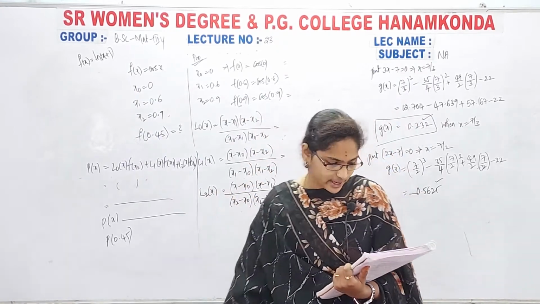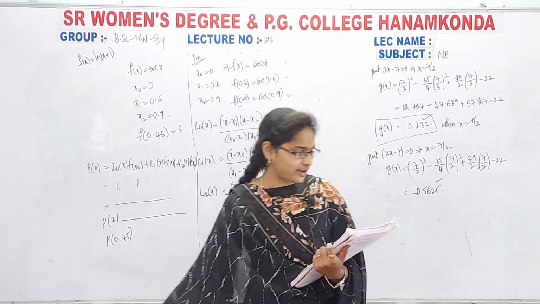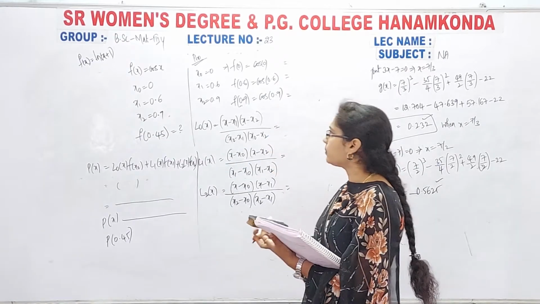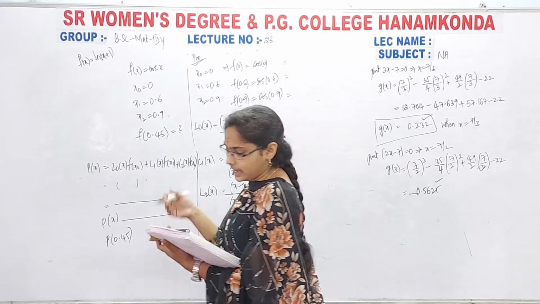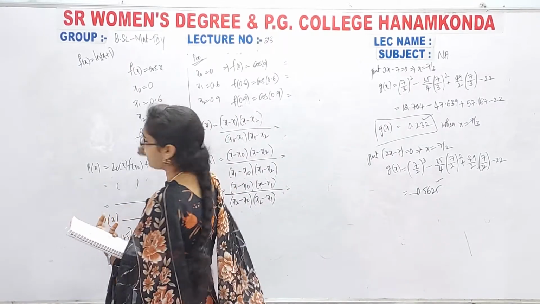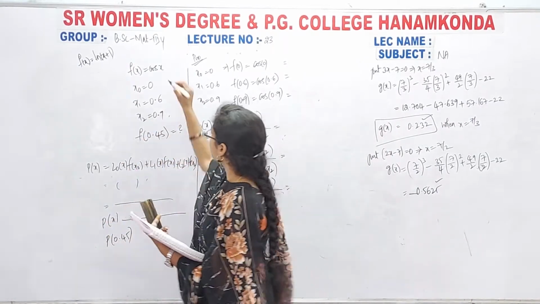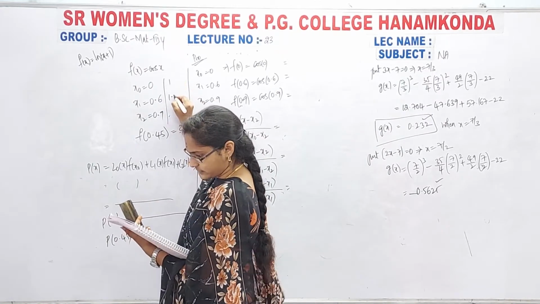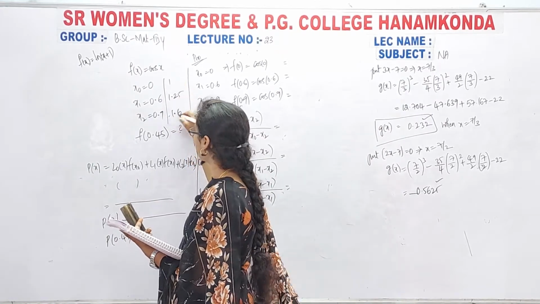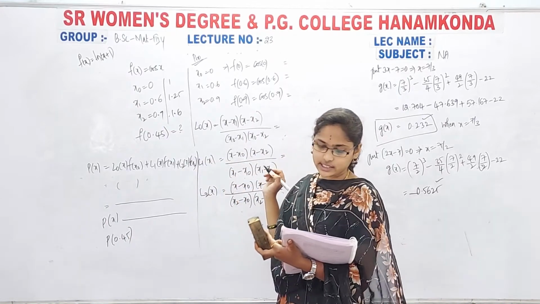Next, for a given function f of x, in another problem they gave that x0 is 1, x1 is 1.25, x2 is 1.6. Construct interpolation